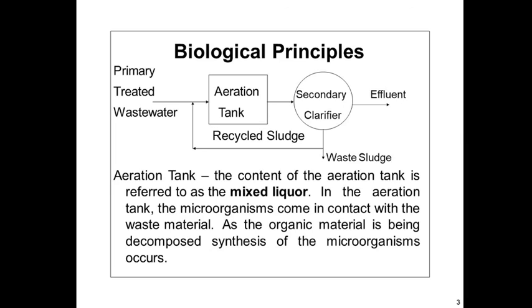The process consists of the rapid adsorption of waste substrate by the sludge, then the progressive oxidation of adsorbed organics and synthesis of biomass, and the third stage, the separation of biomass and recirculation. So this process occurs in three stages. In the activated sludge process, the settled wastewater from the primary settling tank is introduced into a reactor. The reactor is nothing but an aeration tank. It is the first unit of this activated sludge process. The aeration tank can also be called the reactor or bioreactor.